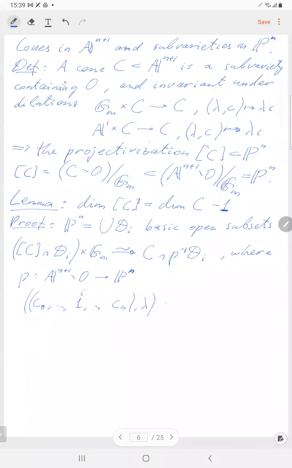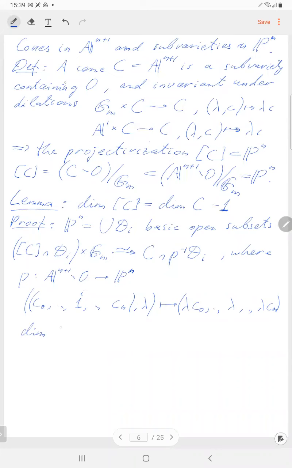So this goes to just the product, lambda C0, and so on, lambda Cn. There's an isomorphism, and these are open subsets, and